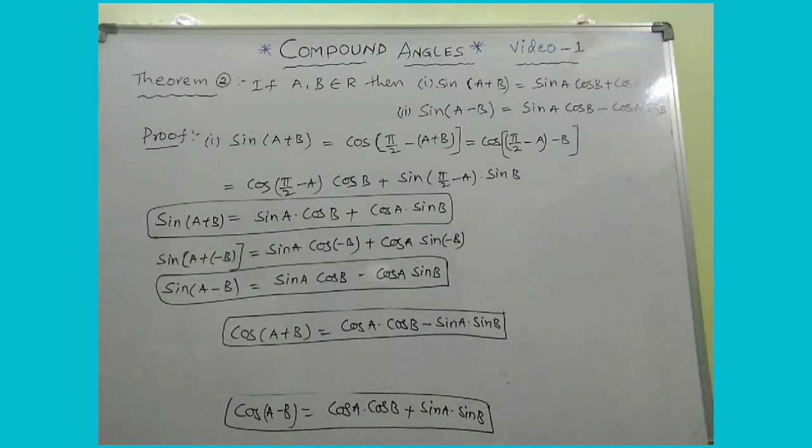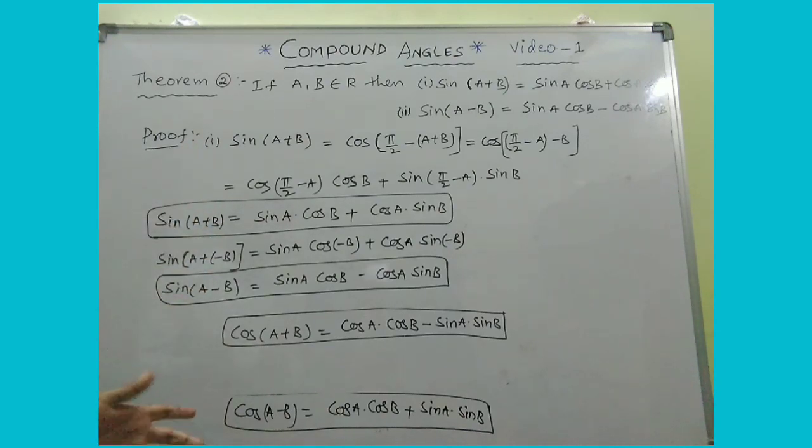Right, my dear? Just recall what we discussed. So today we discussed especially about compound angles. So when can we say that angles are compound angles? Nothing but their algebraic sum. So the algebraic sum of two or more angles is known as a compound angle. So in this chapter we are going to derive the formulas of sine of A plus B, sine of A minus B, cos of A plus B, cos of A minus B. Similarly tan of A plus B, tan of A minus B, etc. In this video we discussed already 4 formulas.